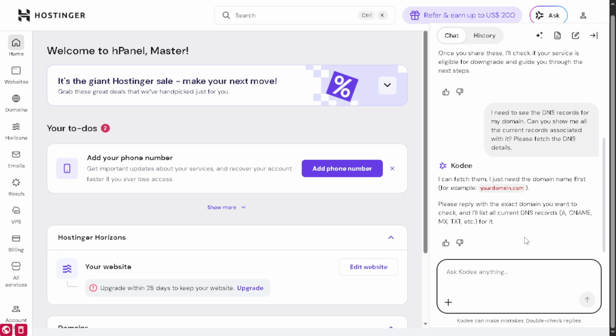Be polite and specific, and include any troubleshooting steps you've already tried so the agent doesn't repeat them. If you need a faster response, say so and provide a time window when you're available. After sending, watch for replies in the Ask panel and respond promptly to any follow-up questions. Following these steps will get your issue in front of the right team quickly and increase the chances of a